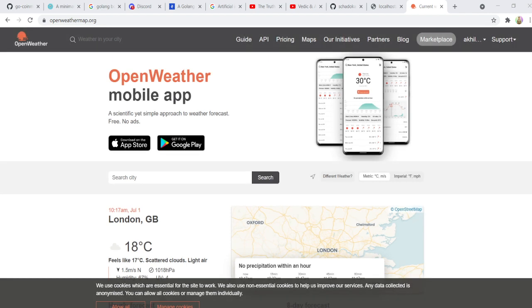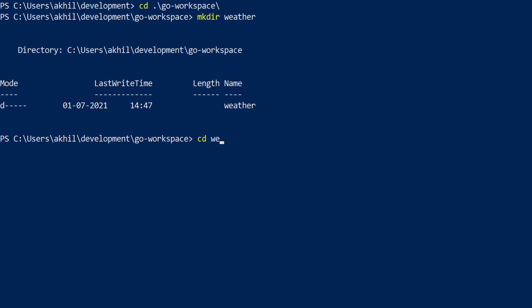So now I'll open up my terminal window. Let me try switching to my terminal window. Yes, I hope you can see it now. Now I'll enter the place where I keep most of my Go code. Okay, and now we'll create a directory called weather, and we'll go in that directory. All right, and here I'll say go mod init